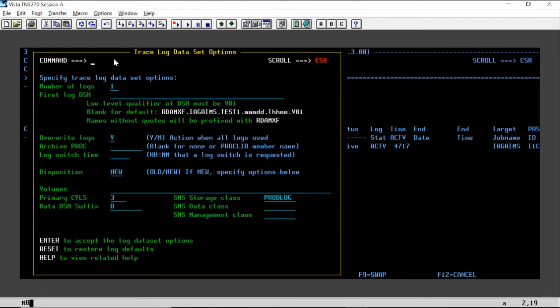Next, we can specify the trace log dataset options. Currently, we're set to 1 log. However, we want to use 2. So if we run out of space, we can automatically swap over to the new log without any issues. Next, we need to provide a first log DSN. For this example, we'll use bmc.scm.test.trace.v01. And you will see from the note below that we need to use v01 for all of our lower